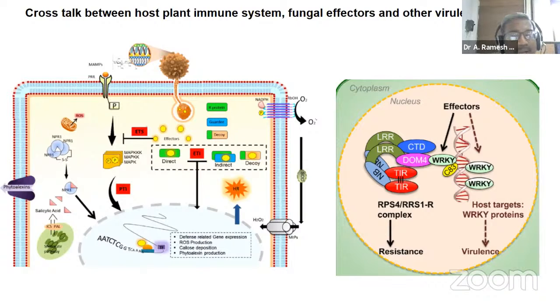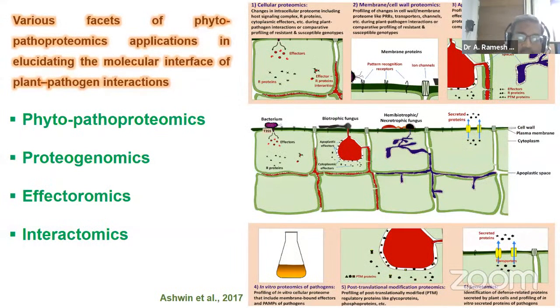In fact, these are the three major outcomes which form part of the interaction process during the host pathogen interaction. One is effector triggered susceptibility, maybe an effector triggered immunity, that's what we call as the ETI response, or a PAMP triggered immunity, what we call as PTI. In fact, ETI is a very robust response, which normally we have to look for, and that is what we envisage to engineer a broad spectrum resistance.